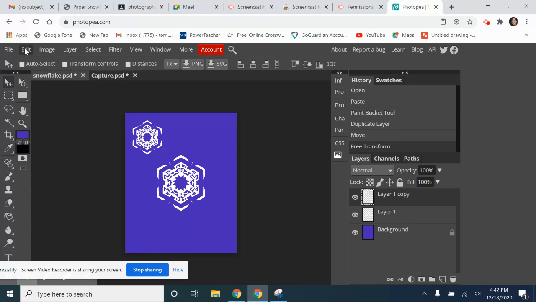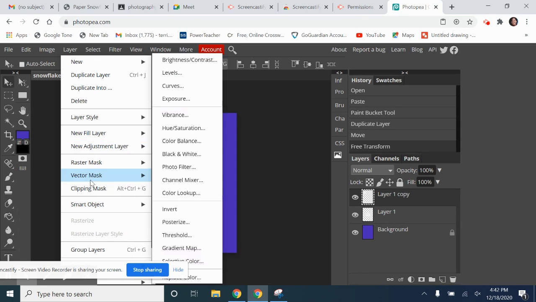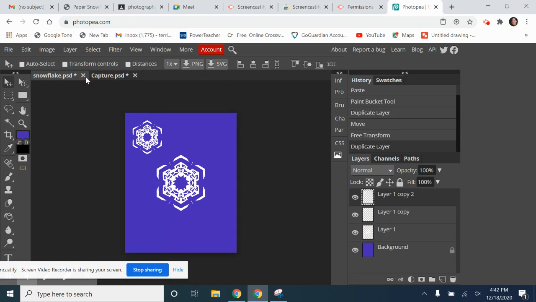Okay, and I can fill the whole thing: Edit, Layer, Duplicate Layer. And I can just kind of fill. I can also change the opacity too, so I can blend it into the background if I want to, so some of them will fade. Okay, so I can fill that all up like that. Or